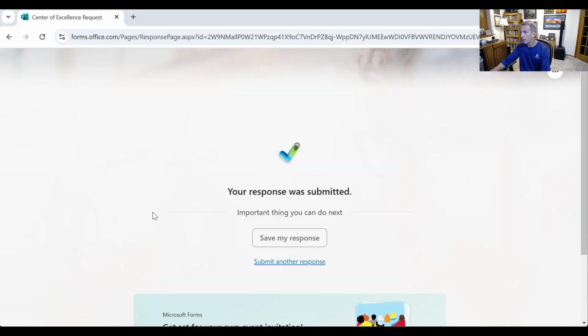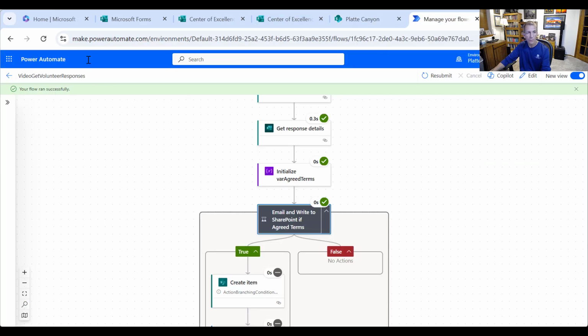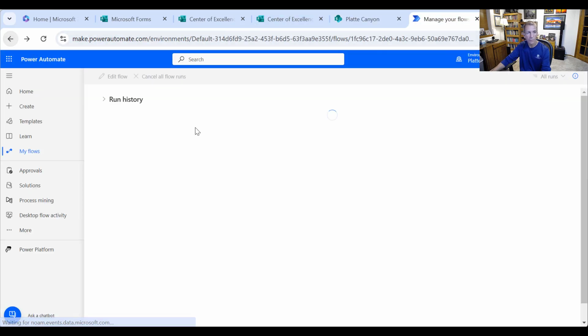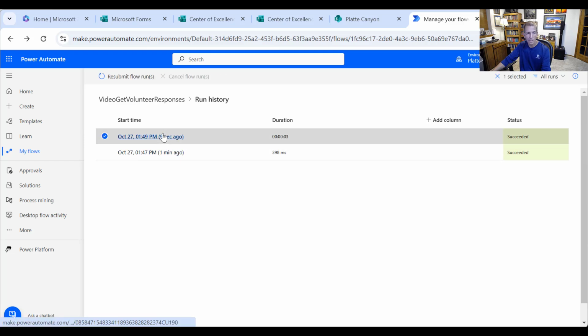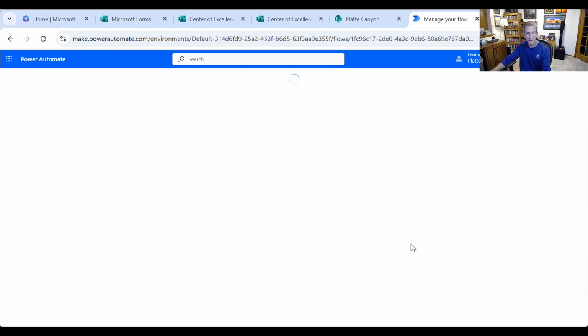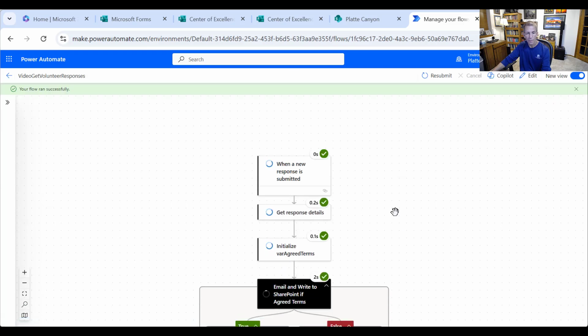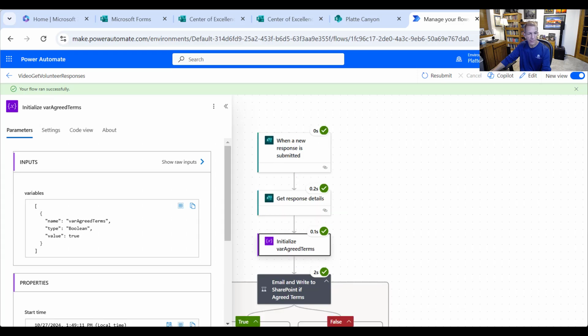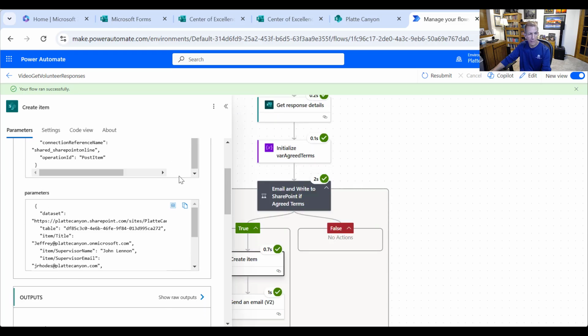Let's go back to Power Automate. Oops, get to the right one. See, I have another one that just happened. Let's see what this one is. True. So it looks like that worked. That's great. So now I come in here, I create the item,